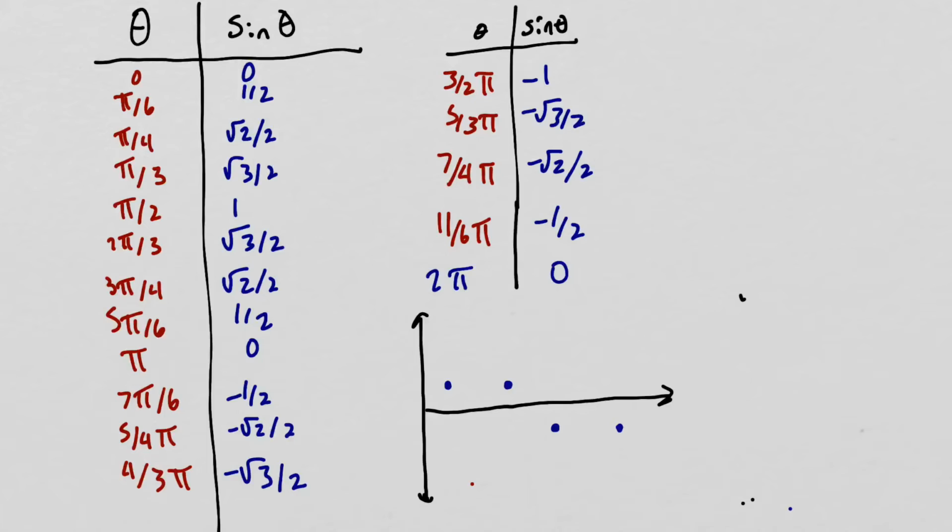The points I just drew will be the blue points, which correspond to either angle 30 or reference angle 30. The green points will correspond to angles of 45 or reference angle 45. And the red points will correspond to angles of 60 degrees or reference angles of 60 degrees. Then our black points correspond